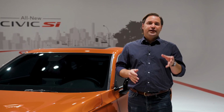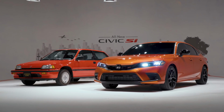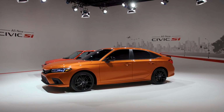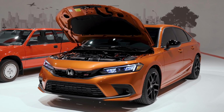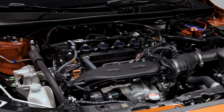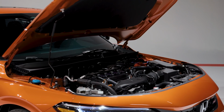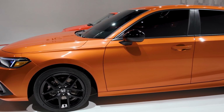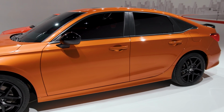Now, the important thing to remember about an Si is that it's not the most high-performance Civic. That's the Type R. This is your affordable, little bit extra performance car. And so under the hood, you get a 200 horsepower, 1.5 liter turbocharged engine, which is more than a standard Civic, but actually 5 less than the old Civic Si. But that's for a good reason. See, Honda went through and retuned the engine so that now it makes more power at low RPM, and it keeps making power longer at high RPM, so you don't get that early turbo lag or